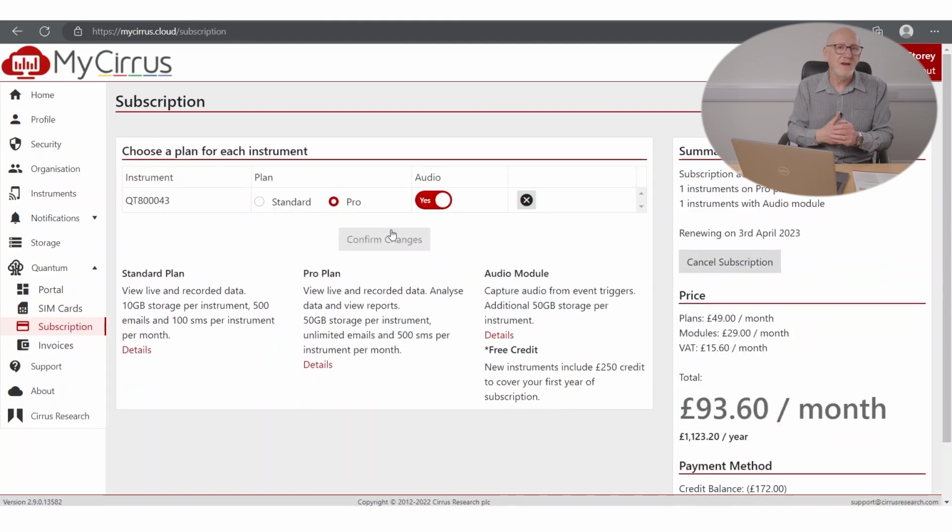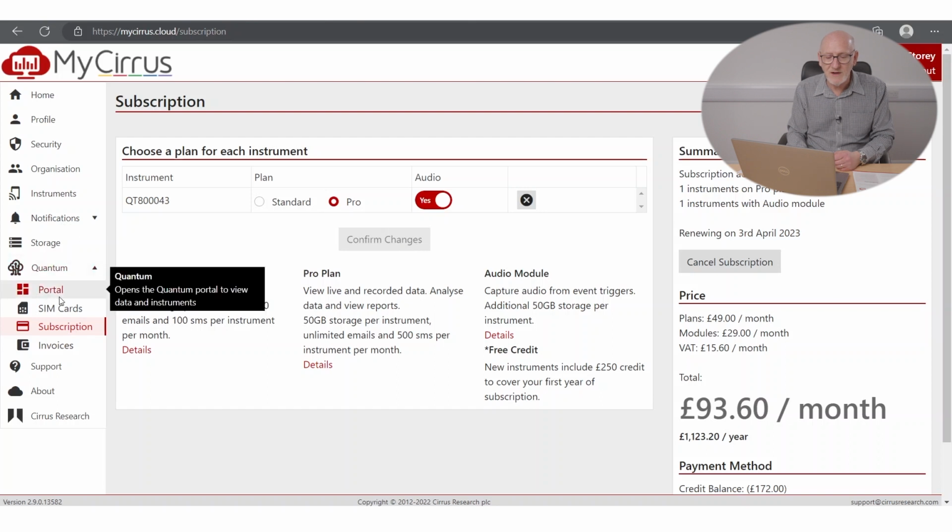If you want to pay by credit card, that's fine, that's instantaneous, or by direct debit. It's pretty similar to the invoiced option. So we've got our subscriptions in there, it's confirmed, and let's have a look now at the Quantum